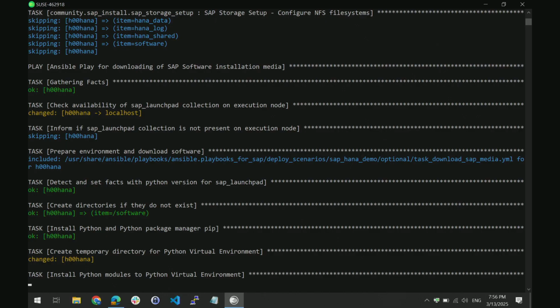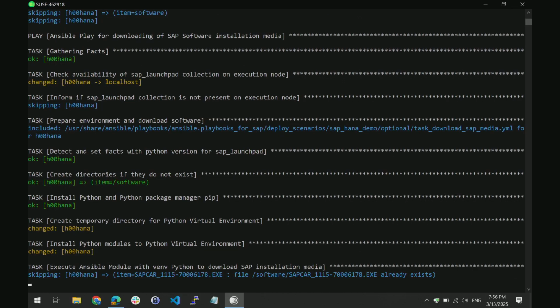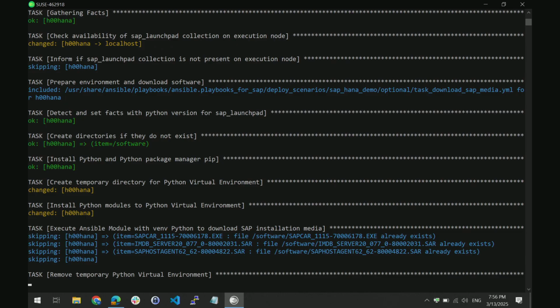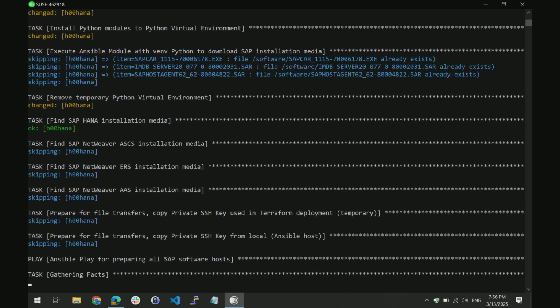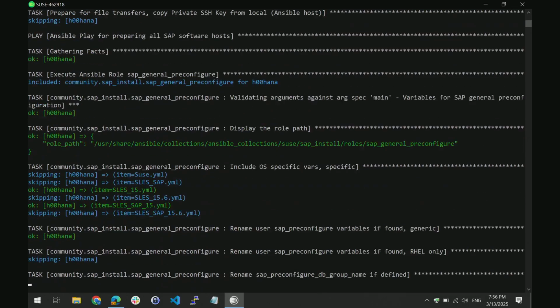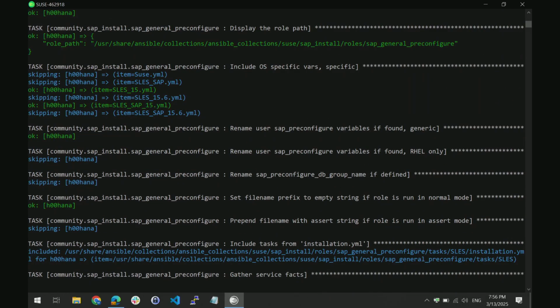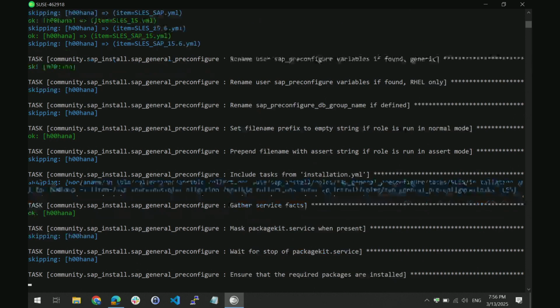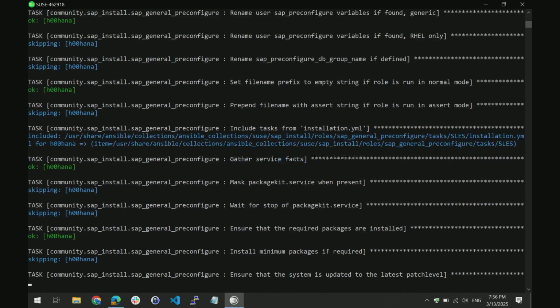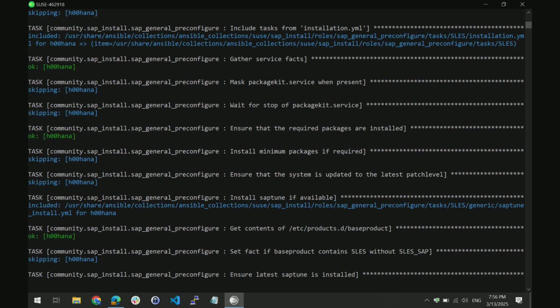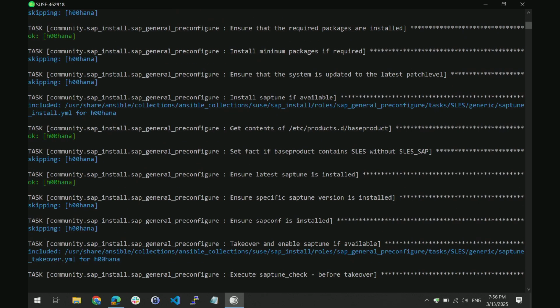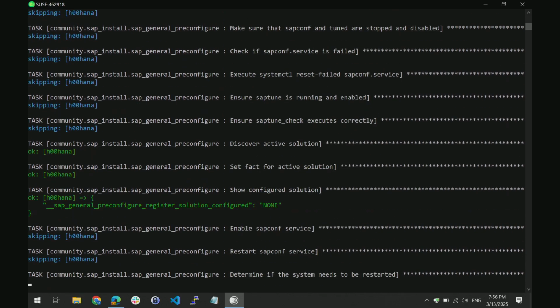pointing it towards my servers, setting up SSH keys to point to those servers, and then the inputs. Those inputs, of course, for existing servers are a little bit different because you do not need all the platform-specific variables, so your inputs are much, much smaller. This provisioning was not working before, so now it is fully working, which is a big change as well. So these are all configuration steps.